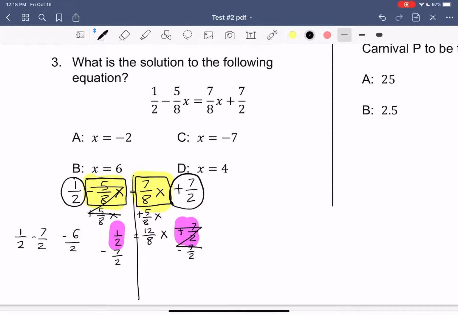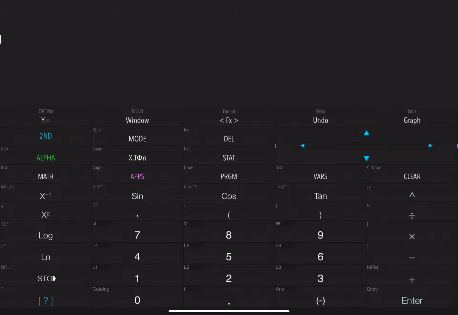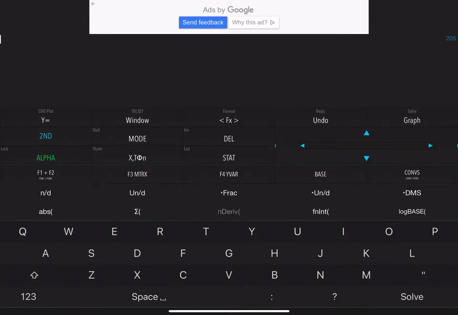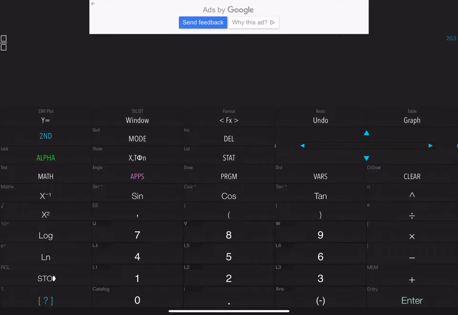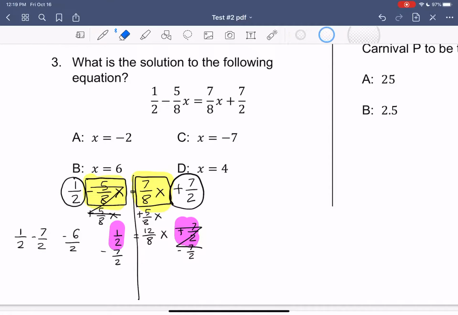Actually, let me show you. Let me pull up my calculator. So this is very similar to the calculator that we use in class. So I'm going to go ahead and put my fraction in. So it was 1/2 minus 7/2. Push enter, and that gives me a -3. And we see that we got that as here as well, because -6 divided by 2 is a -3, equals 12/8x. And then our last step is to